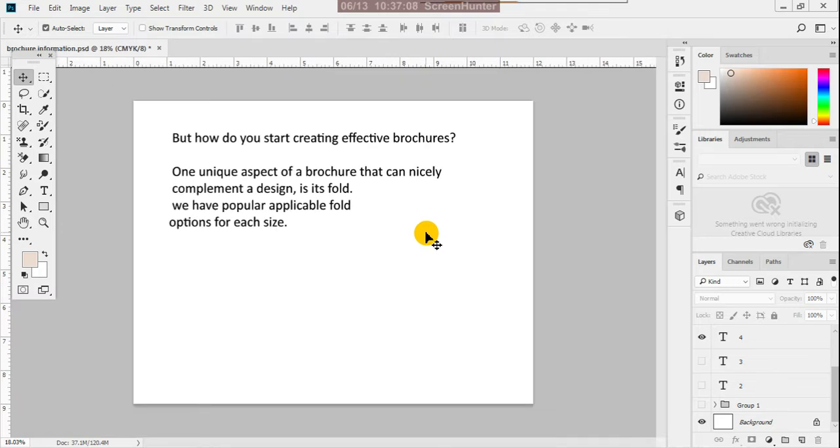One unique aspect of a brochure that can nicely complement a design is the fold. We have popular applicable fold options for each size, generally 1/3, 3/4, 2 folds. So there are different folded brochures, and depending on content we have to use them.